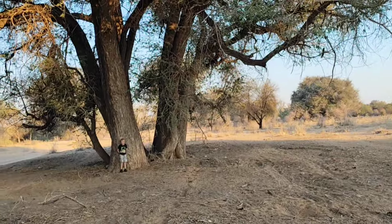Animals and animals and animals. And because they don't see a lot of people, they don't run. They don't get hunted from vehicles there. The way we hunt is very often from vehicles. So if you're in a crowded area or on a game farm, when they see a vehicle, they run. And so